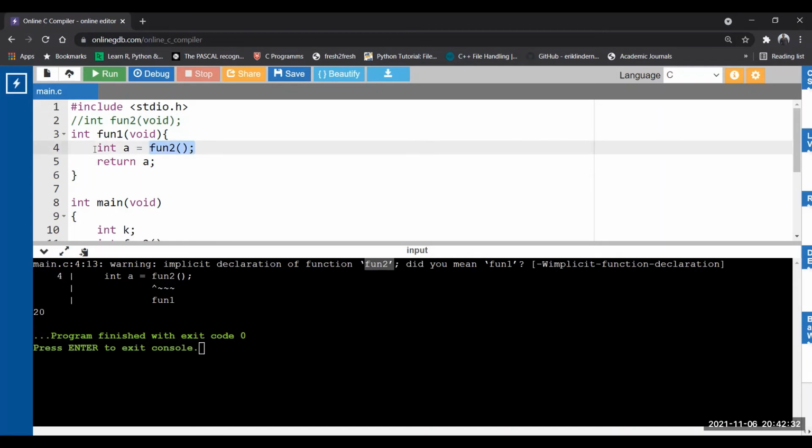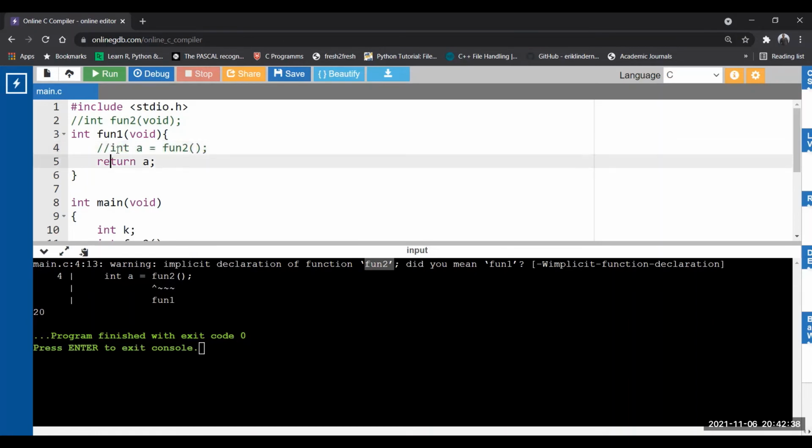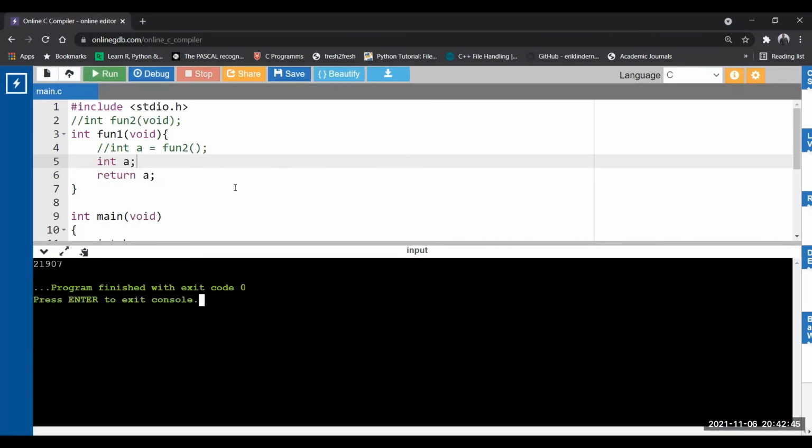If I just comment it out, if I did not call this fun2, there will be no issue. Here it is. So let me declare integer a, else there will be an error. Now see, there is no warning. Don't go to the output. My code is not okay here because I commented out line number 4. Don't see the output now. Just understand the concept. Fun2 is not called inside fun1. Fun2 is declared inside main. Write it after main. No issue. Fine. But I'm now calling fun2.